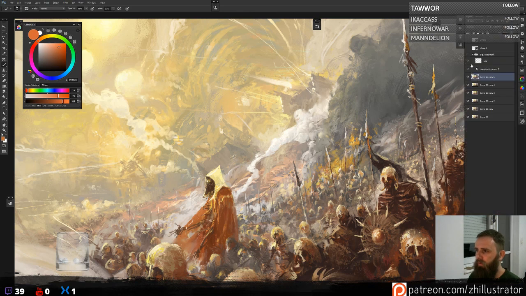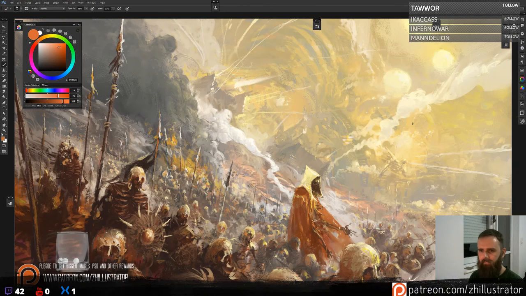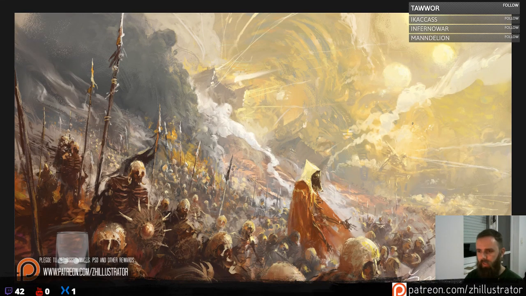I want to insert my watermark and my signature, and I need to flip the image and tab out.